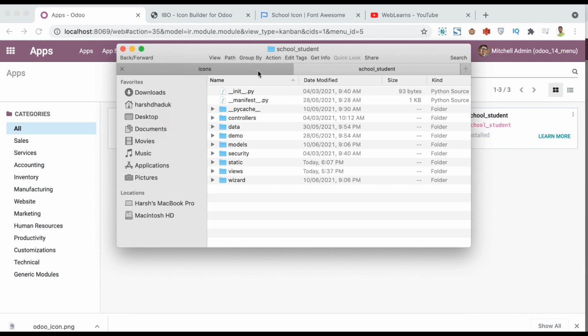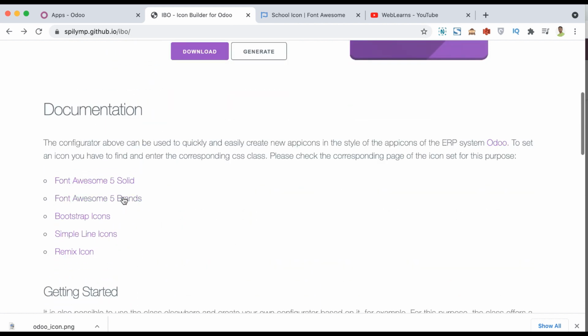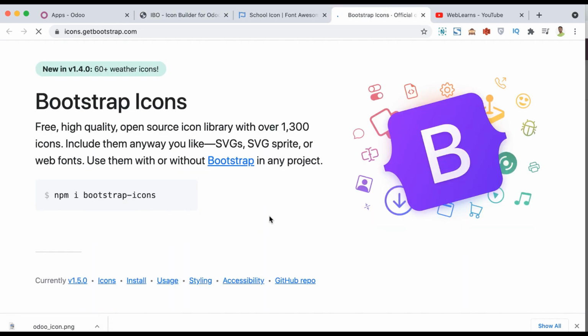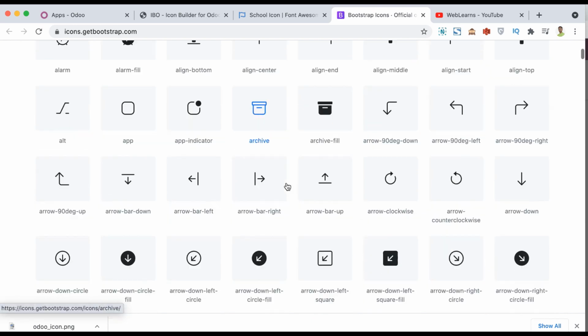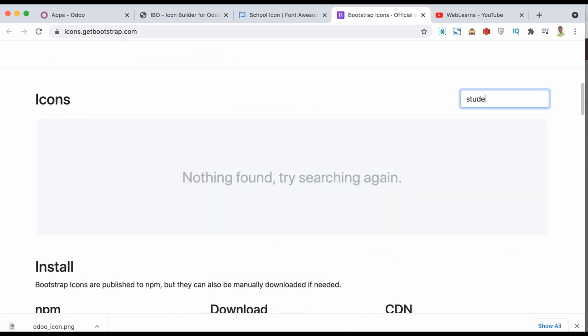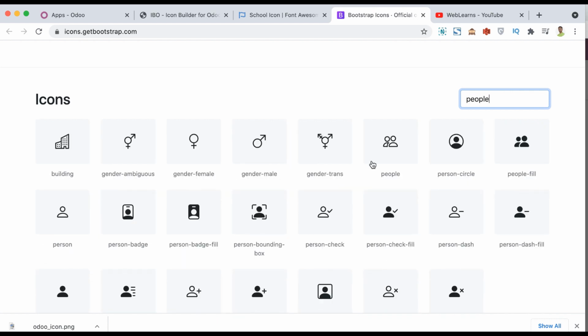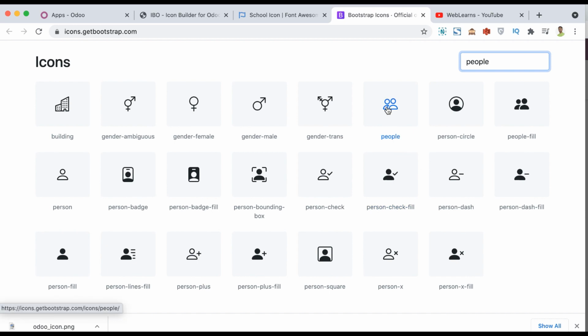But in student we don't need to use this one, but let's create another icon, like let's say Bootstrap icon. Let me open it here. Okay, so you can see like this. Let me add here student. Okay, not found. Then people. Okay, so this is the good one,